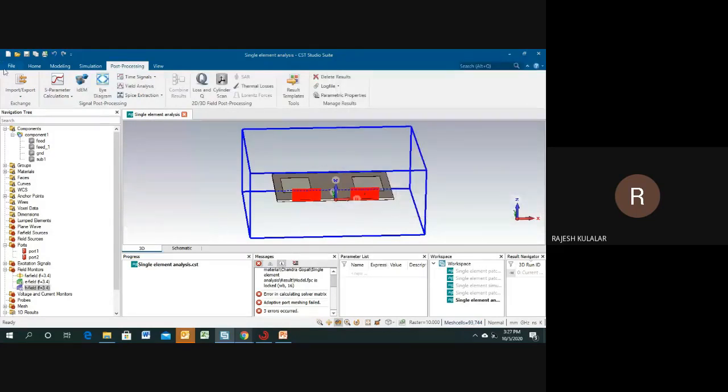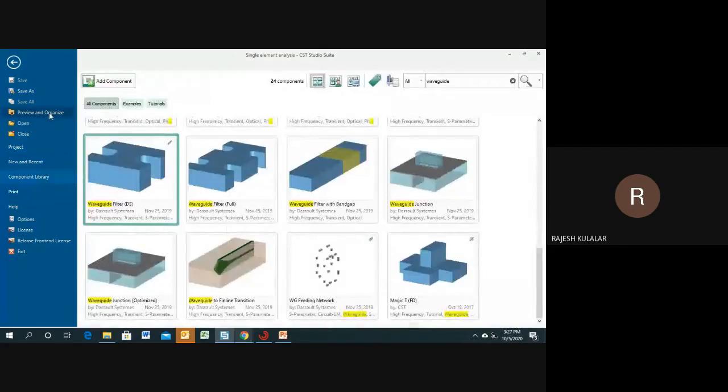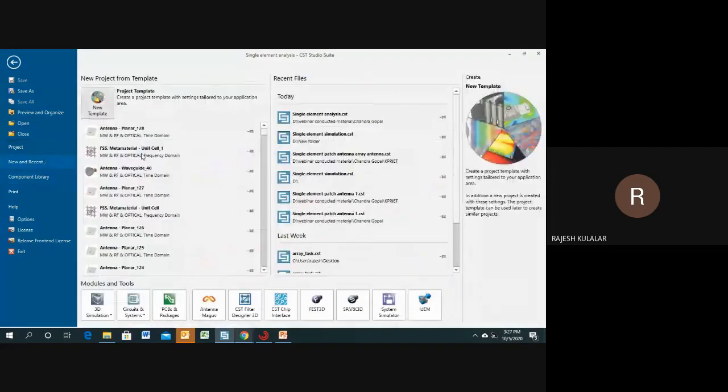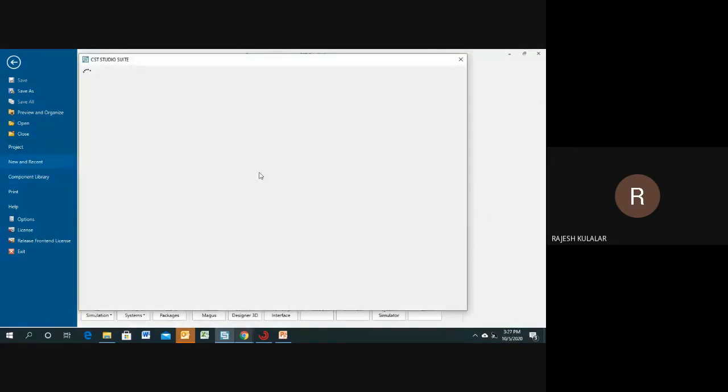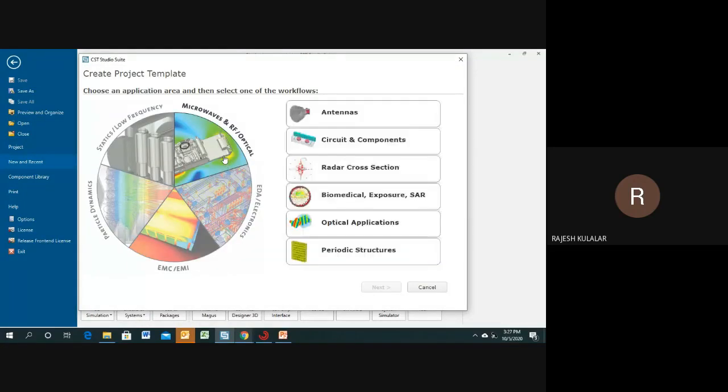If you want to simulate some absorber, just go to the new recent FSS. What is the parameter they want to simulate?